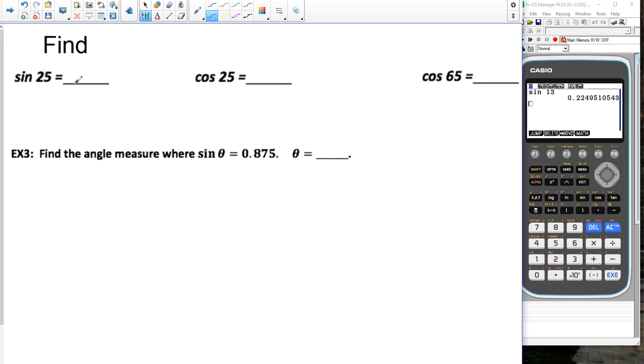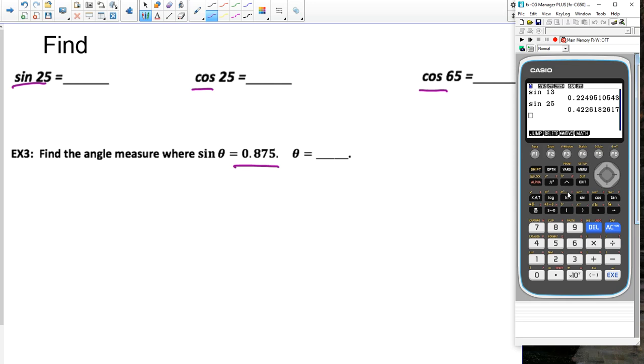So when we find this, I'm going to go ahead and put these in the calculator. Go ahead and do this first on your calculator. Plug these in. Tell me what you get. And let's see if we find out what we have. Then I'm going to plug this one in. And I won't be able to write these in when I put them in the calculator, so I'll be looking at the screen over here. So I'm going to go ahead and do it now. Sine of 25. Enter. You should get